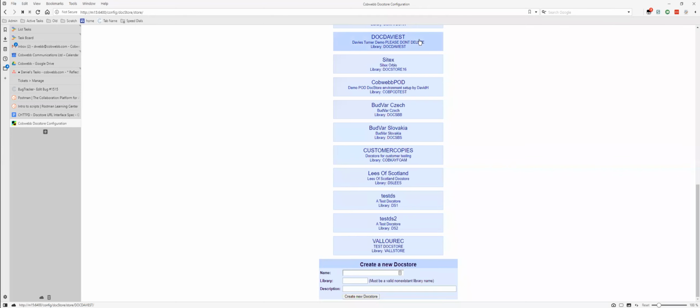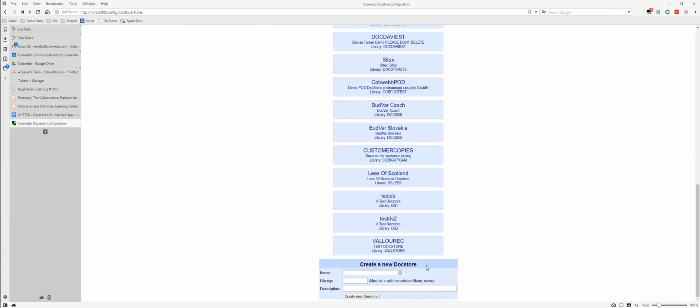Hi, let's take a look at how we can automate the creation of doc stores, doc types, keys, and document type keys in Docstore. Normally, you'd use the web interface to create a doc store and go in and create the document types, etc., etc. And that's fine most of the time. But if you are doing